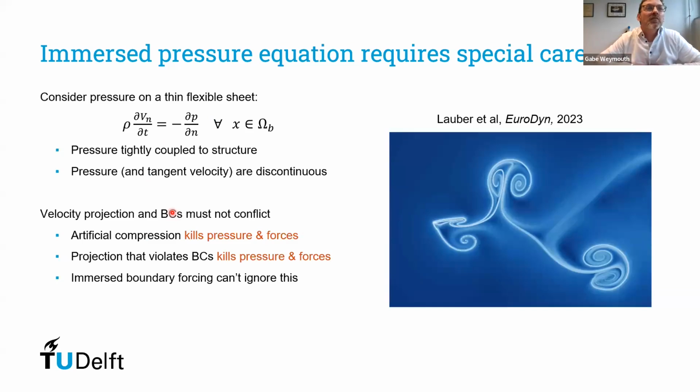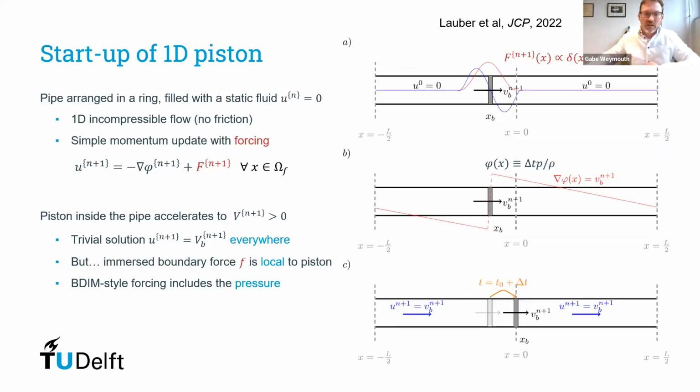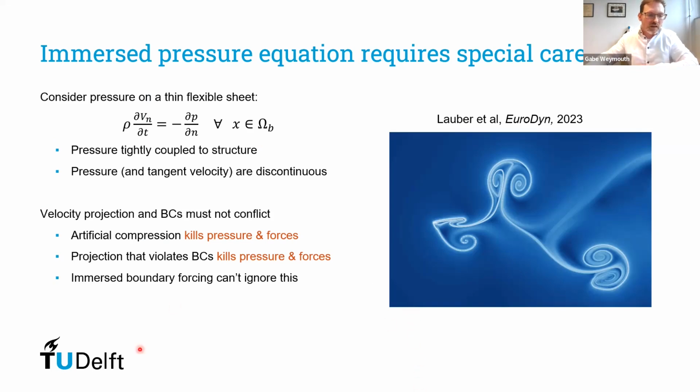Marin Lauber is a former PhD student as well. He's been working on this and has a couple cool papers that really dig into the pressure solver side of this thing. So consider the pressure on a thin flexible sheet. I think this is kind of the worst case scenario for immersed boundaries because the pressure is really tightly coupled to the structure, obviously. Any motion of the body is generating the pressure derivative. So this is the normal component. If there's any acceleration of the body in the normal direction, that changes your pressure derivative. And of course, whatever the pressure derivative is across this geometry,